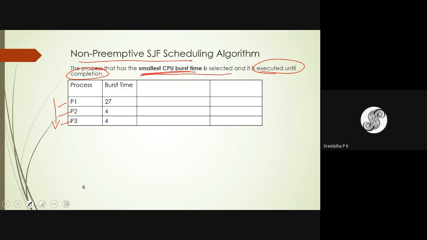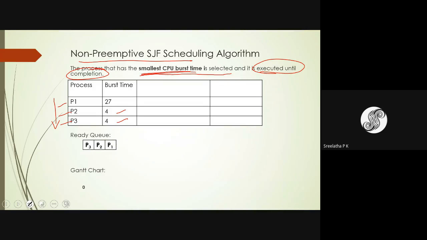Which process will be taken first? All processes P1, P2, P3 have come at the same time. Which has the shortest burst time? Both P2 and P3 have the same small burst time. The CPU time required is the same, 4 milliseconds.